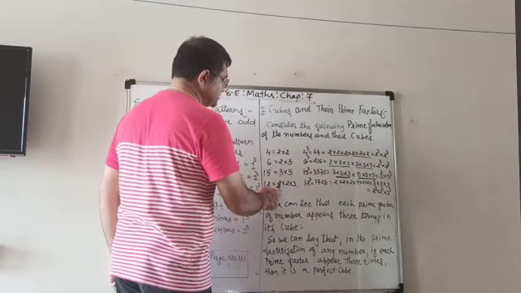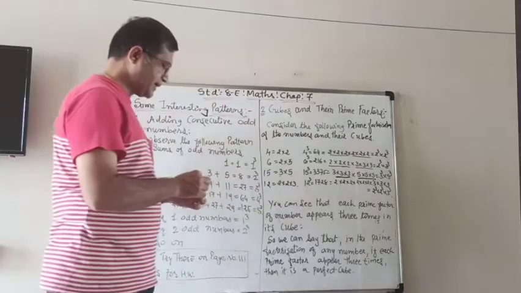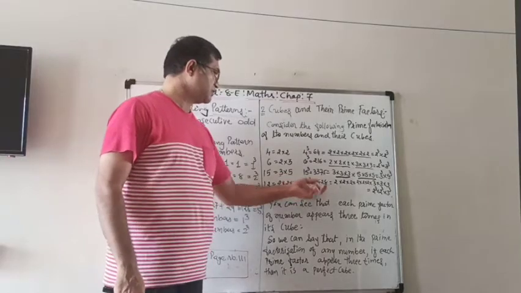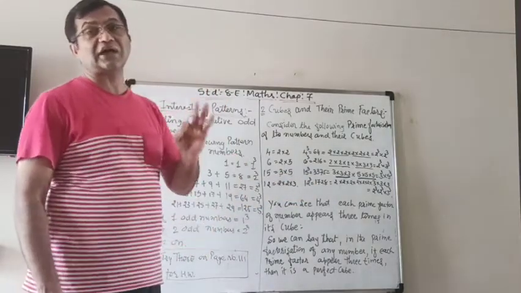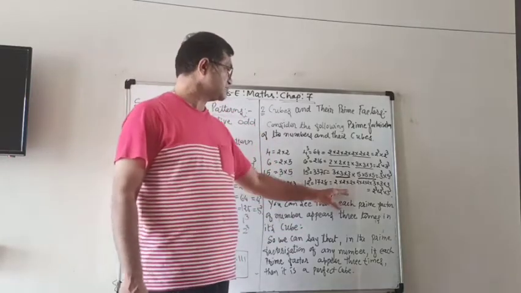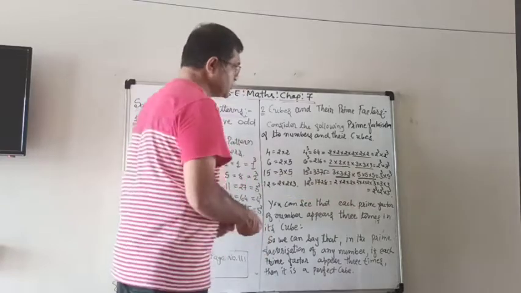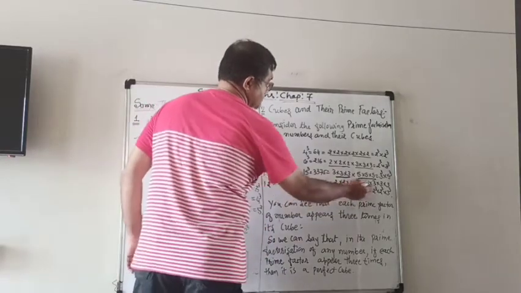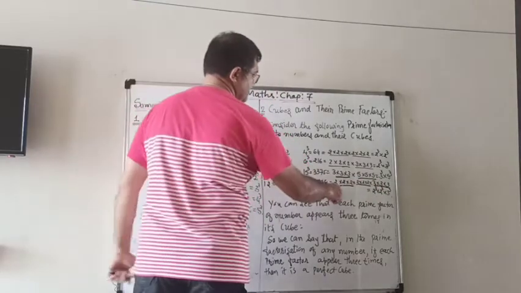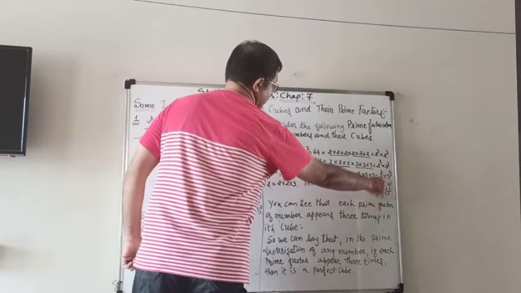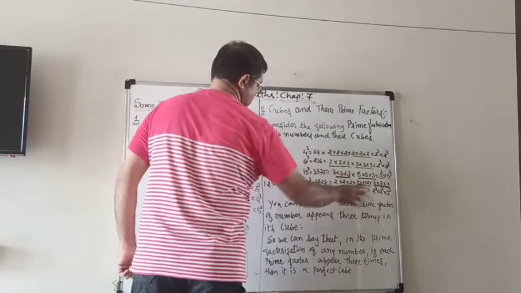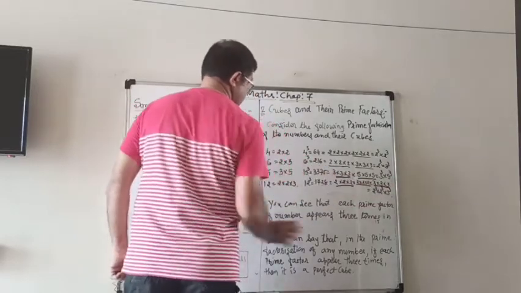Now 12. 12 is 2 2s are 4, 4 3s are 12. That is the prime factorization of 12. And if you make the cube of it, it will be 1728. And if you make the prime factorization, you will get this: 2 multiplied by 2 multiplied by 2, again 2 multiplied by 2 multiplied by 2, and 3 multiplied by 3 multiplied by 3. It means 2 cube multiplied by 2 cube multiplied by 3 cube. So 2 1 time, 2 3 times, again 2 1 time, 2 3 times, 3 1 time, 3 3 times.